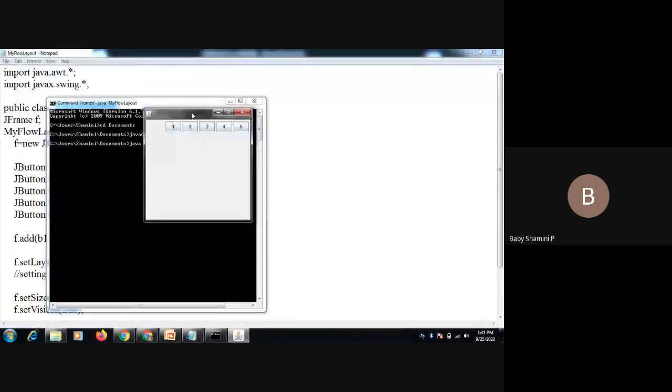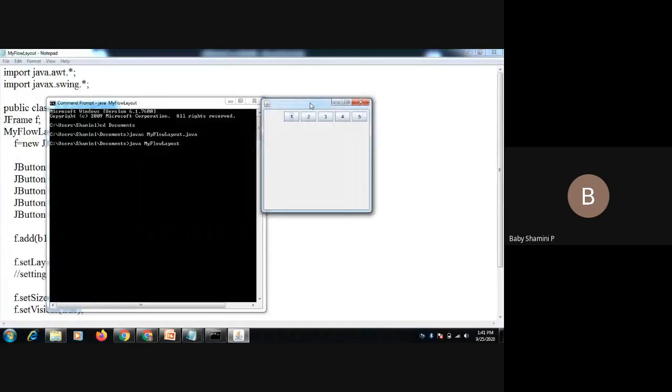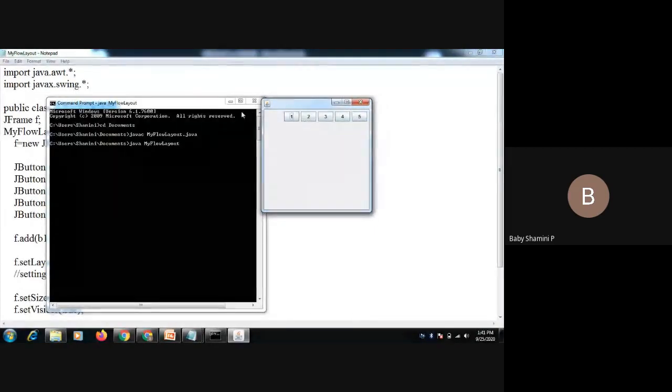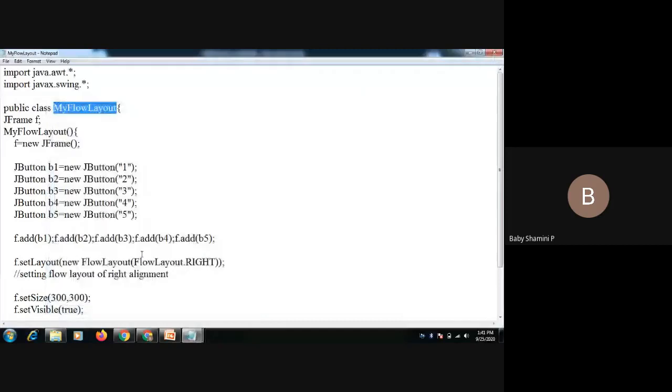This is the demonstration of flow layout. Here the components are arranged from the right position to the left position. Another way is we can set center and left also. We'll check the left alignment.